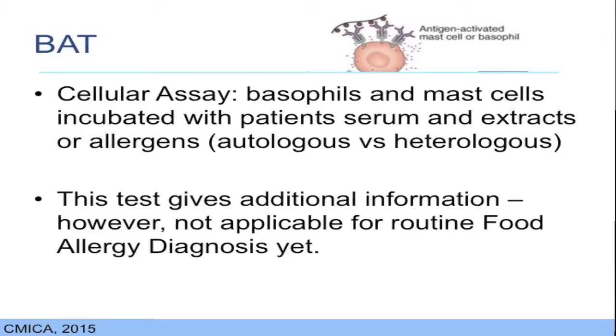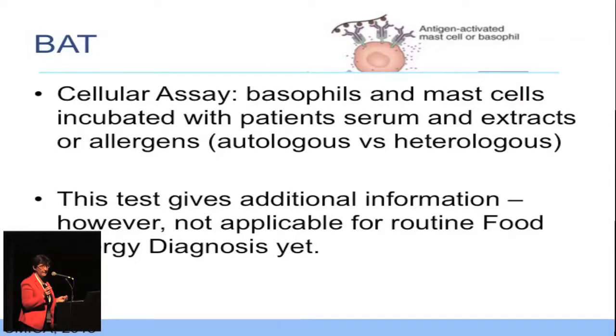You use either the basophils or the mast cells from the patient, or you use a cell line, strip the cell line and add the patient's serum into the system, and then you can add the allergens and titrate this and see the reaction. So this works, and it gives you quite good additional information, especially if you use the basophils directly from the patient. So it has sometimes good, better evidence to be highly correlated with clinical symptoms if you take it from the